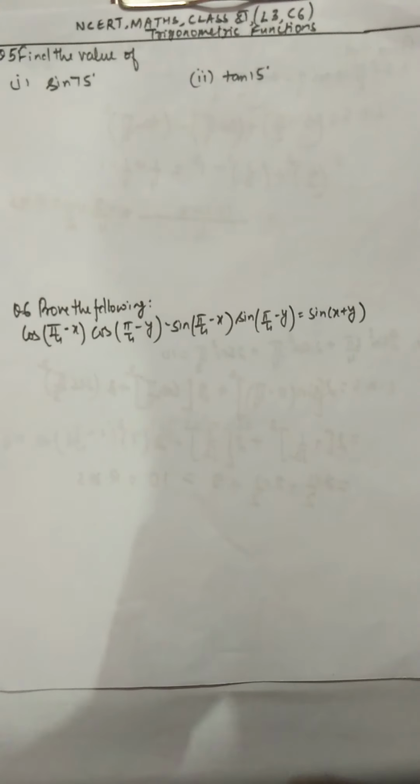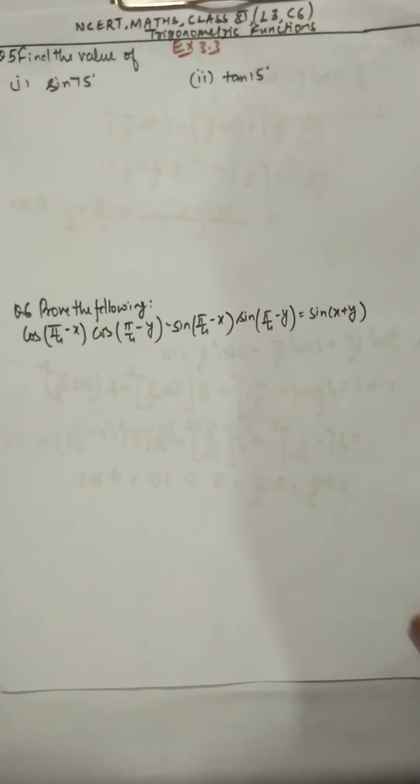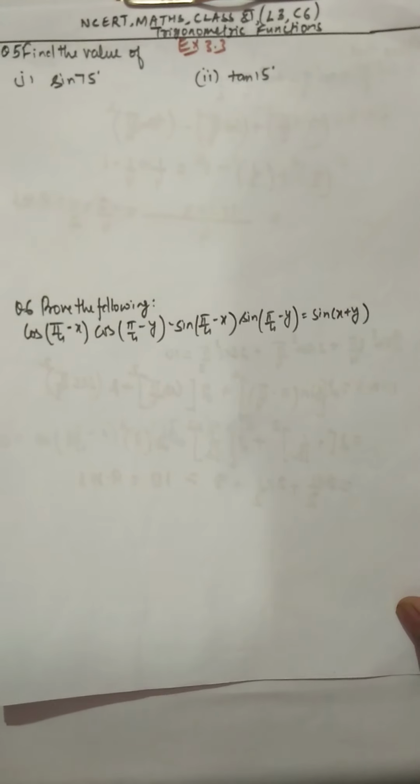Let's discuss some more problems of the exercise. This is exercise 3.3, question number 5, in which you have to find the value of sine 75 degree. You know that we don't have sine 75 like whatever we did in class 10th. We got the values only up to 90, specifically 30 degree, 45 degree, 60 degree and 90 degree. But this 75 degree we did not discuss in class 10th, but now we are in a position to discuss this value also.